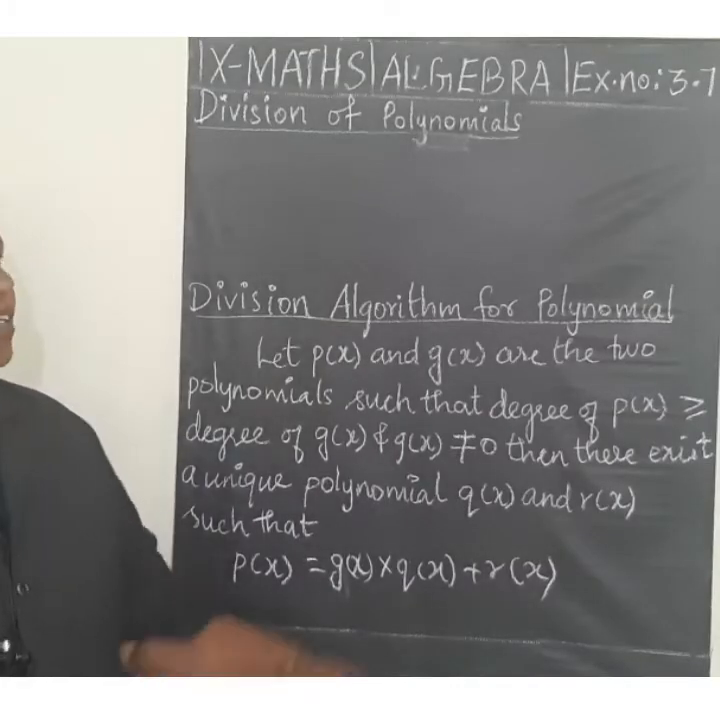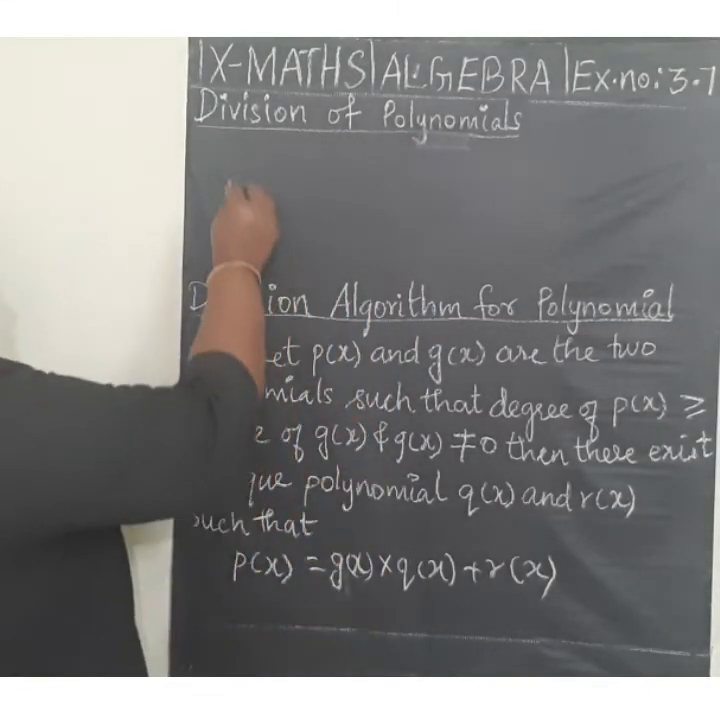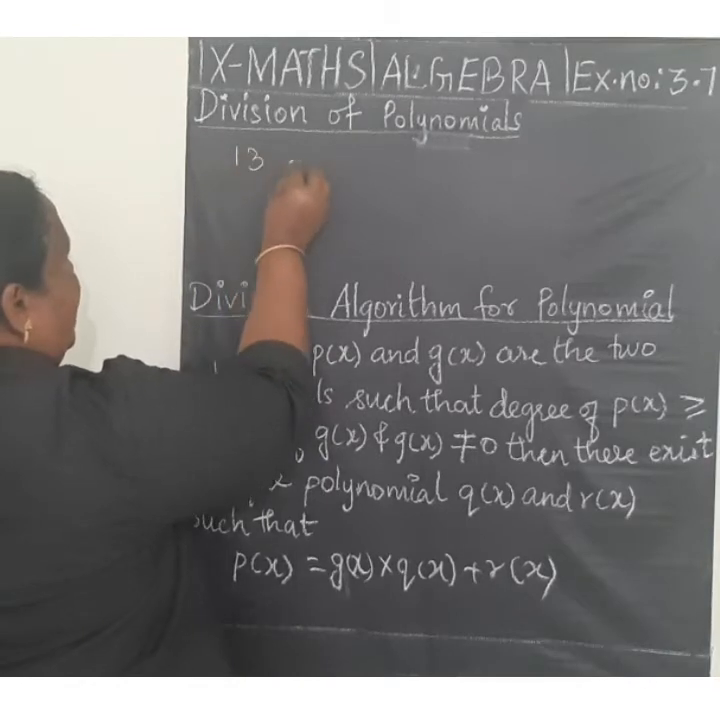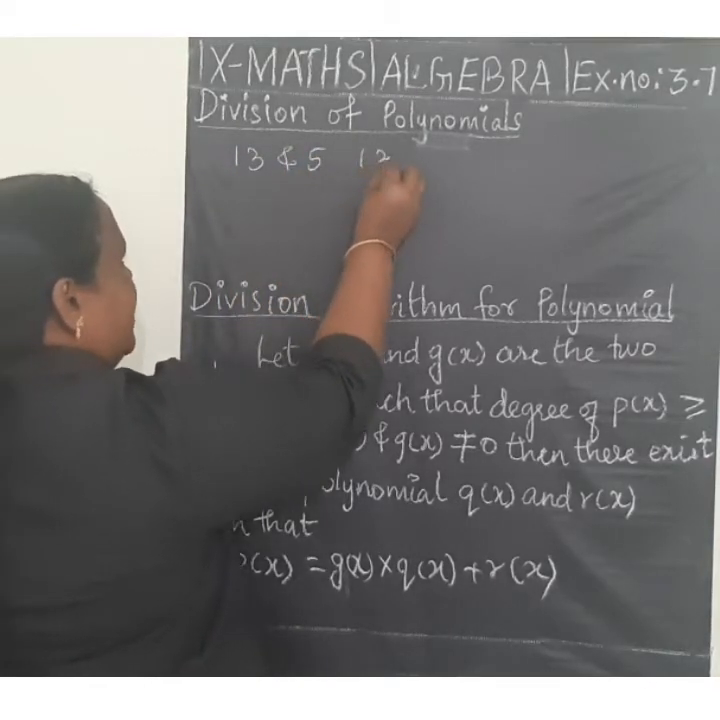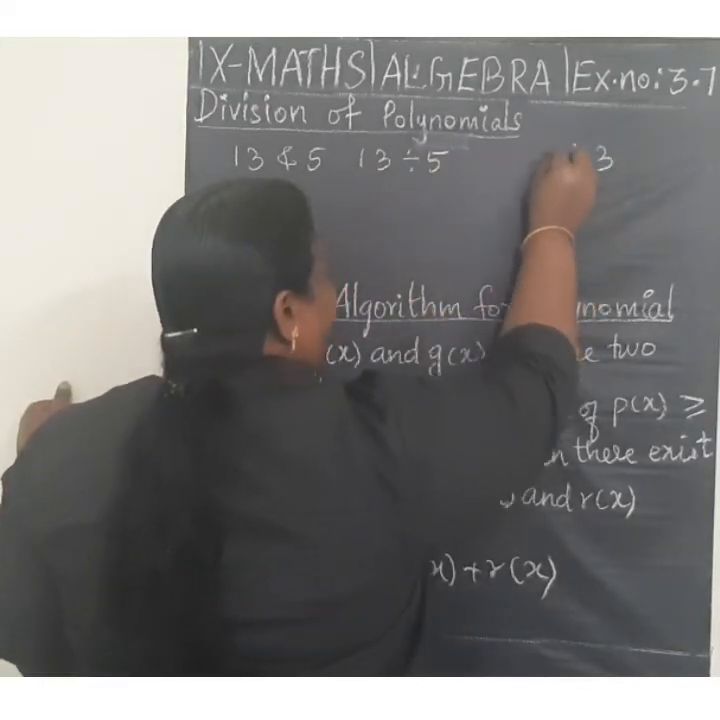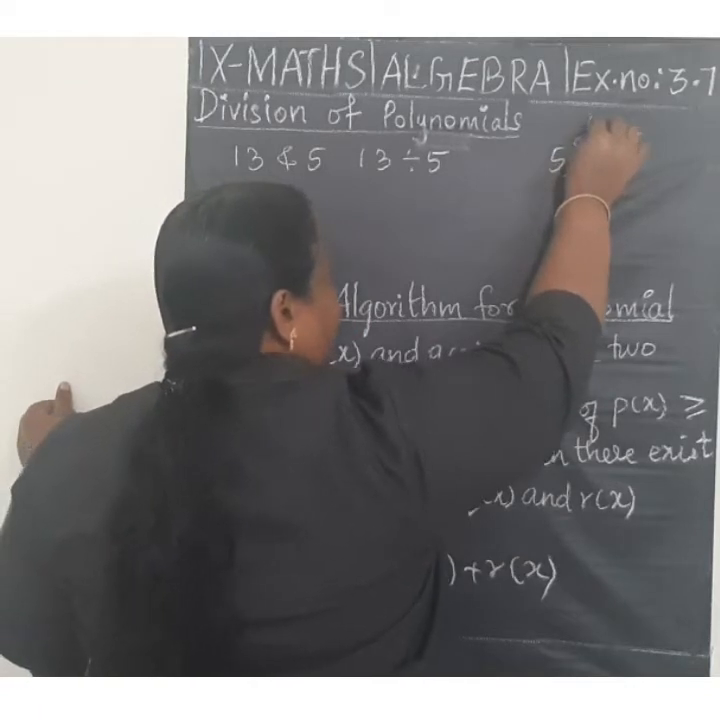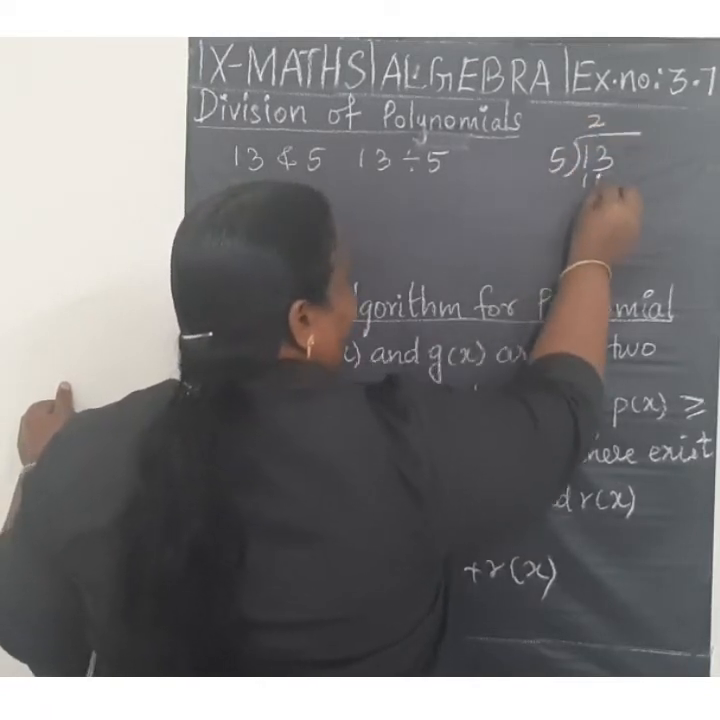Good morning students. Today we are going to see division of polynomials. Let us consider the numbers 13 and 5. When 13 is divided by 5, in the fifth table, 13 is there. So the smallest multiple is 10, 2 times, when we are dividing,